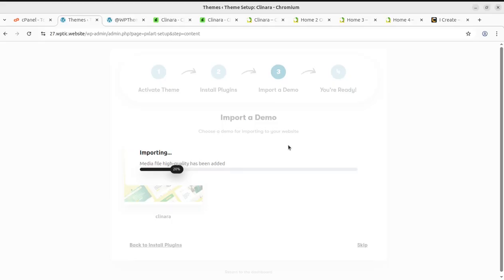So the demo import process is going on, and the screen is showing what is being imported, in fact. So media files always take time in the demo import process, like the media file user clean has been added. So all the media files have been named, and we can see what is being imported. So it is still on 20% after a minute. For my installation, I am waiting with due patience and eagerly waiting for the new and perfect website using